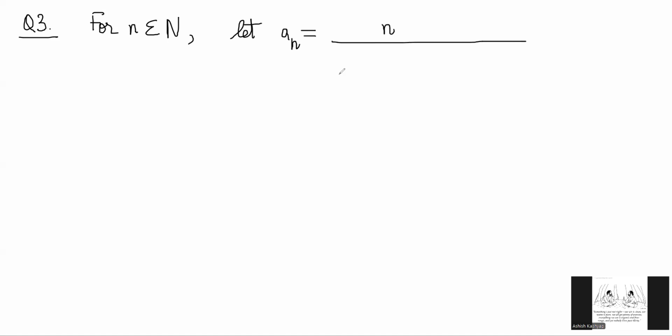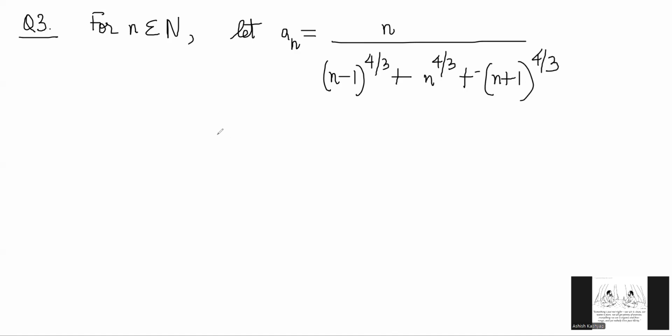Okay. We'll go to the third question. This problem says, for n belongs to natural numbers, let a_n be equal to n divided by (n minus 1) to the power 4/3 plus n to the power 4/3 plus (n plus 1) to the power 4/3. What we have to prove is